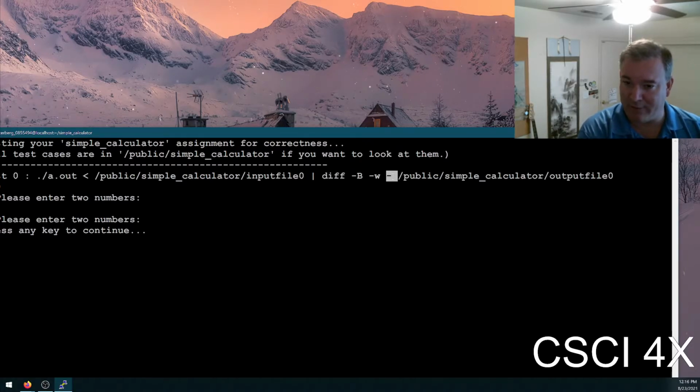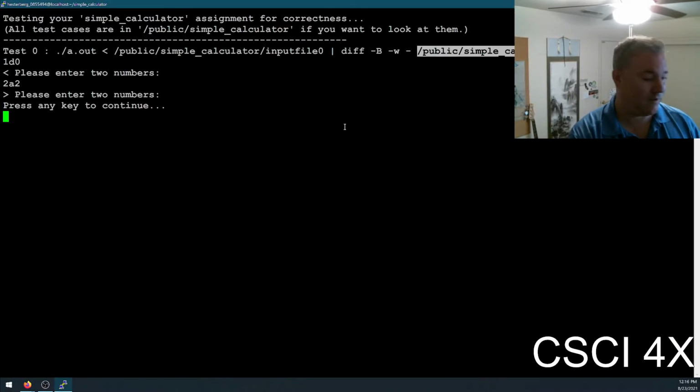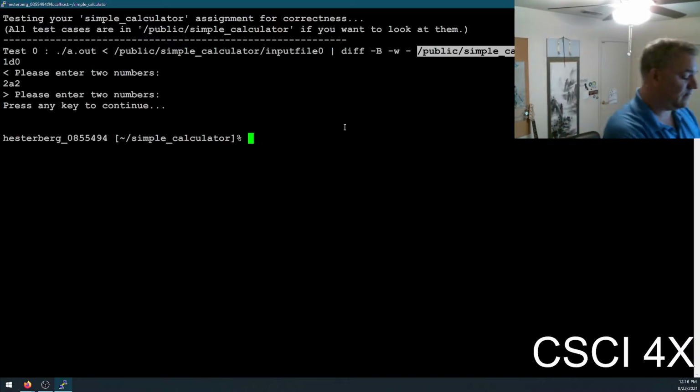And it's going to compare 2 files. The first file it's going to compare is the standard input, which is the hyphen. And the second file it's going to compare is this one here. So if you want to see what the code should be outputting, just select the code like this and say